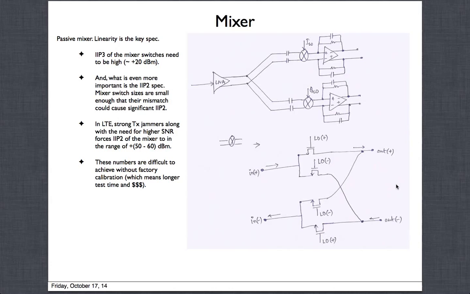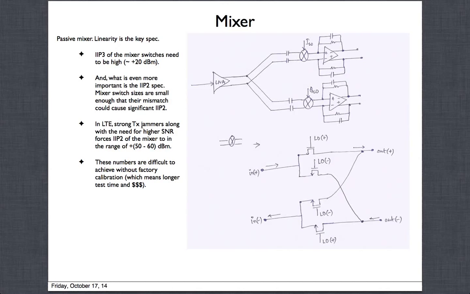And when the second order term is there, in many cases it will actually appear as noise. How does it appear as noise? Again, I'll have to ask you to refer to my other videos on RF systems, which are also on YouTube. You can look at them. And there we require a very tough IIP2. So IIP2 of these mixer switches is probably the biggest thing that we go round and round about, trying to solve it,